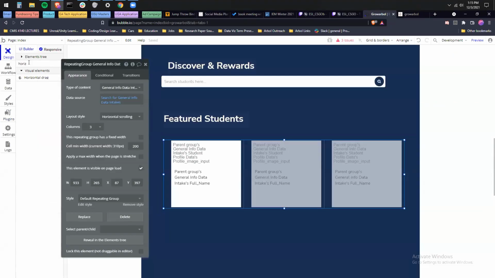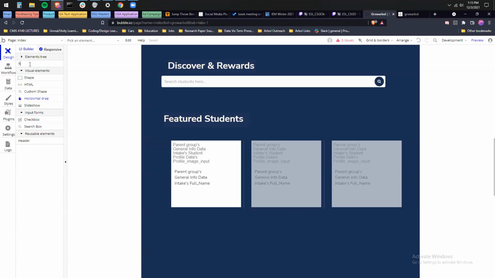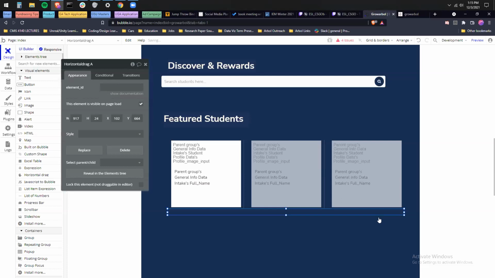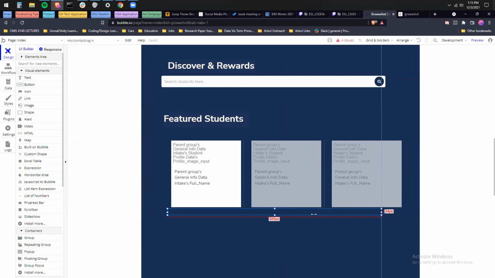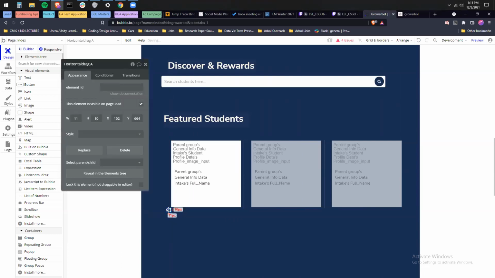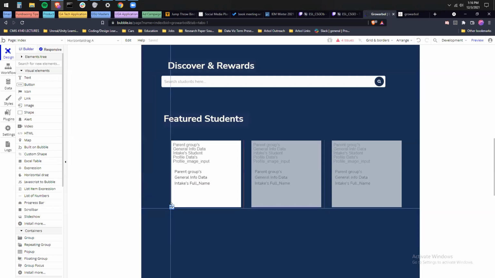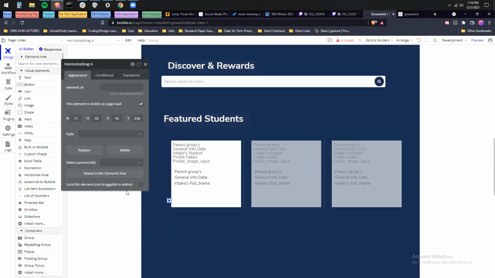Okay. And then you just draw it on the page. Actually, I'd probably make it really tiny, like 1 pixel, because of the way you connect it. I'd even line it up with the repeating group itself, move it up even with the repeating group. Yeah, there you go. So not in the repeating group though. There. And then click on the repeating group.